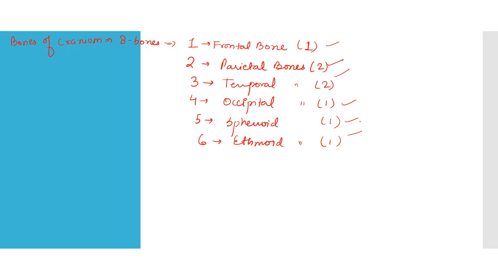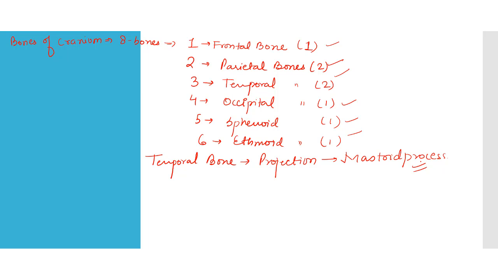Temporal bone has a projection called the mastoid process. This projection is known as what? Mastoid process. Okay. It resembles a breast shape. That is why it is given the name mastos. Mastos means breast. Okay. The cranial cavity in which the brain is kept opens posteriorly with the help of